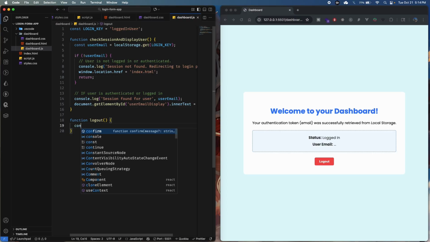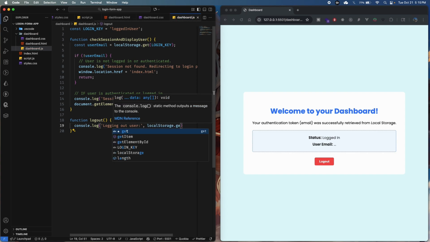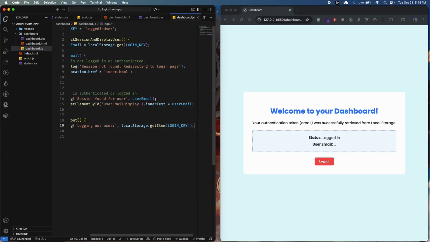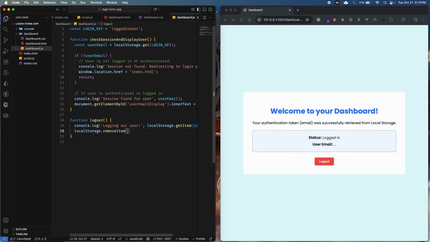So let's put here console.log, logging out user, and then here we get the localStorage.getItem and the login key. Excellent. Then localStorage.removeItem, because we want to remove the login key from the local storage, and we